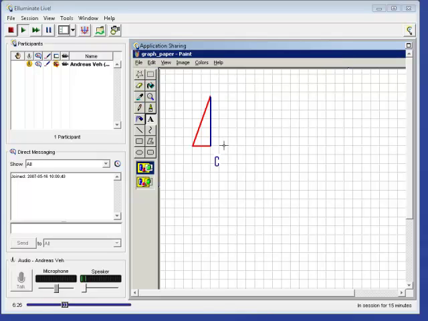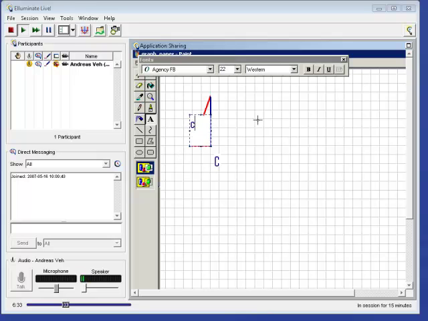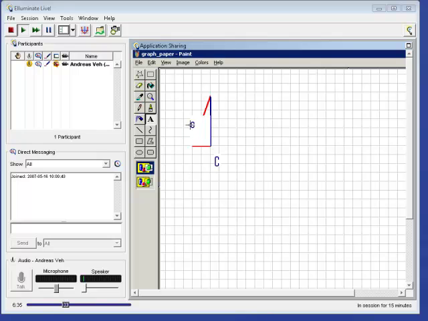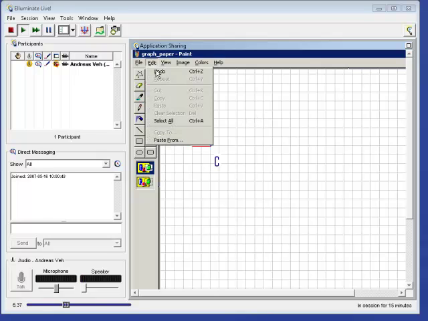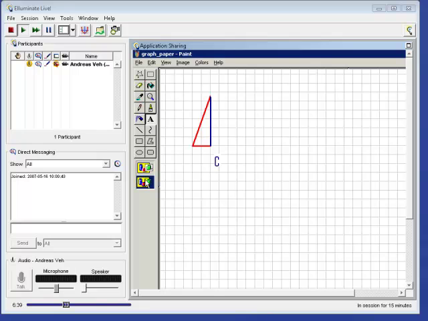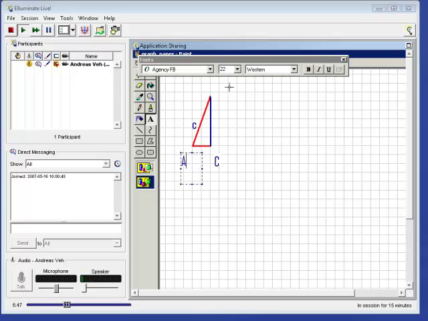Here we go, that's better. Sorry about the strange font here. So here we have the angle C, and then here we have the, ooh, I didn't mean to do that. That's what I meant to do. And here we have the hypotenuse C, and then here we have the angle A, and here we have the